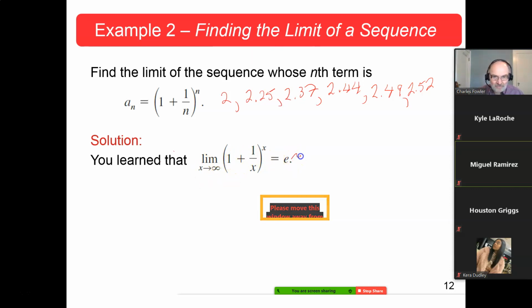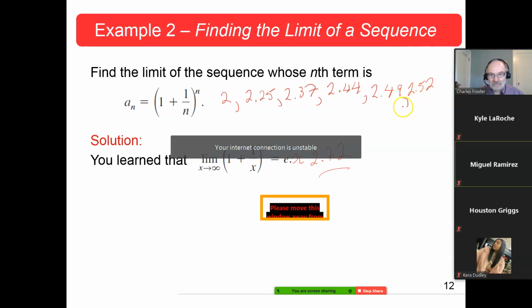Okay, this is approximately equal to 2.72, and it's not exact. So you see, if we had kept going and kept going and kept going, it was going to take us a long time to get here, because every difference was getting smaller and smaller and smaller,